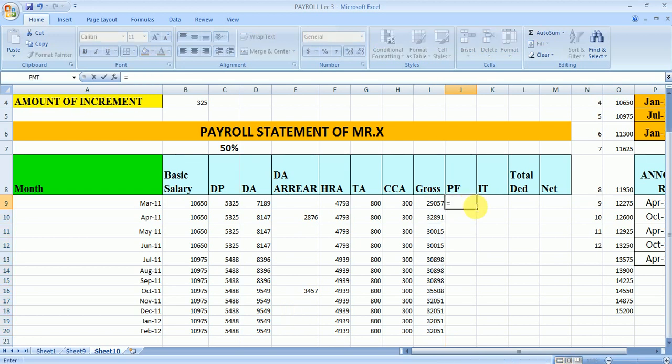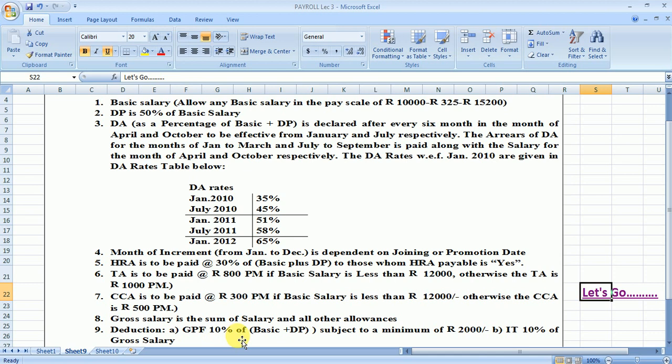So equals max, 10% of basic, otherwise it will be 2,000, then enter. Just cross check it once again.